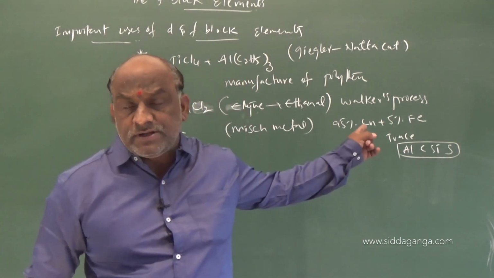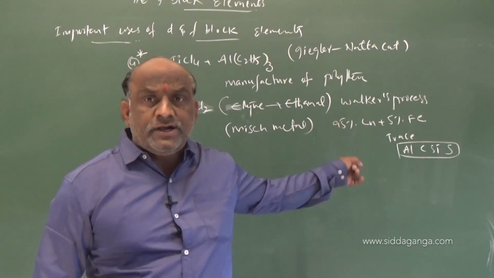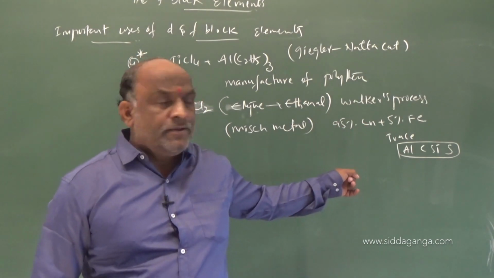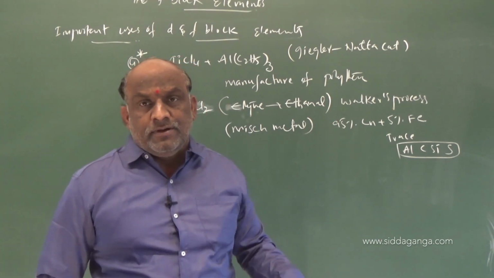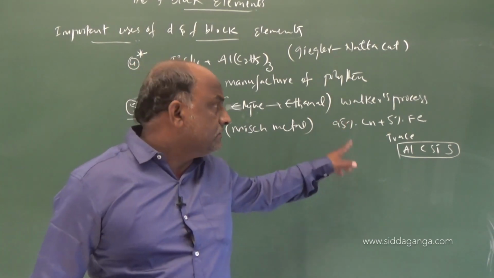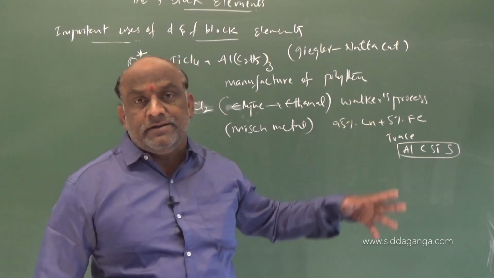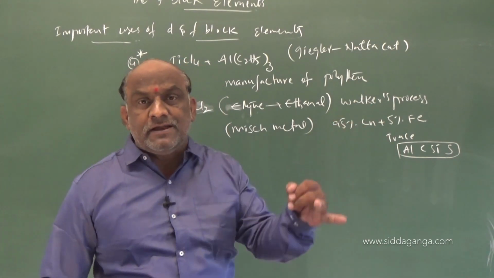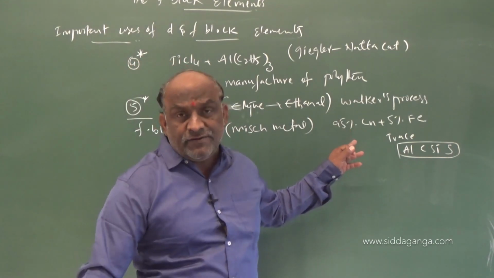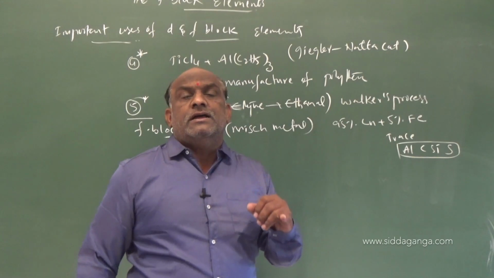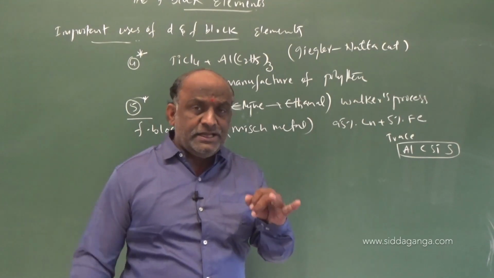In this 95% of lanthanides, 40% is cerium, as I said, 44% lanthanum and ytterbium. The remaining will be other lanthanides. This can also be split. The majority is cerium, lanthanum and ytterbium. Out of this 95%, 85% is occupied by lanthanum, cerium, ytterbium.